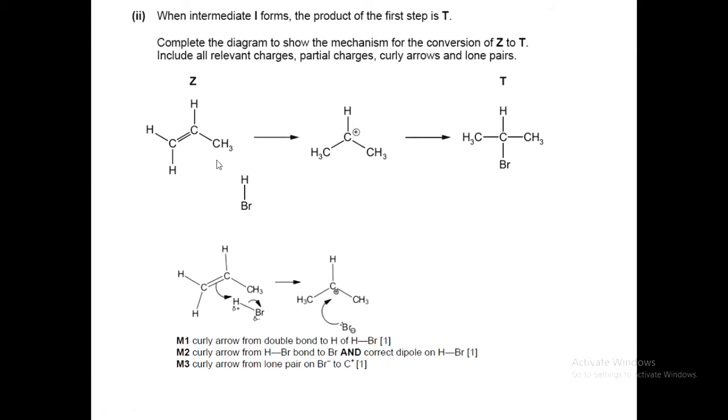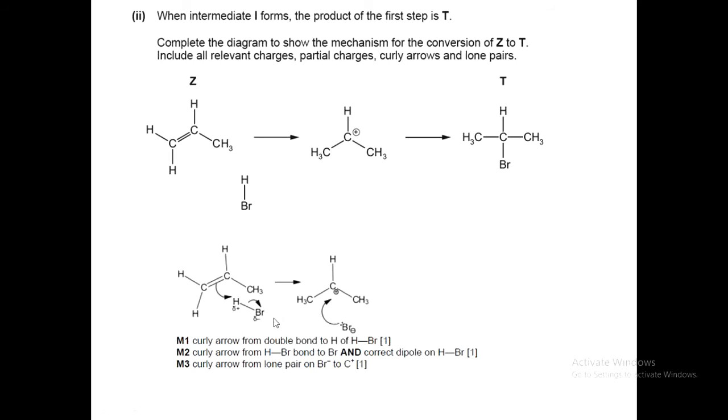So this is a mechanism of an electrophilic addition reaction in which the alkene part is reacting with HBr, and the carbon to carbon double bond is attacked by an electrophile, that is H. In HBr, Br attracts the bond pair of electrons toward itself and becomes partially negative, while the H becomes partially positive. So to remove its positivity, an electron pair of the double bond is given to H. So these are the curly arrows that you have to draw, and when the H is attached according to Markovnikov rule, you can go through the definition of the Markovnikov rule in the alkene part of your topic.